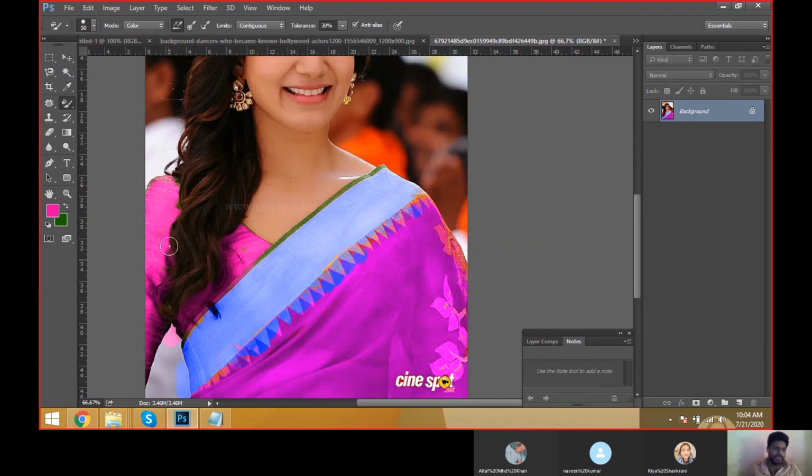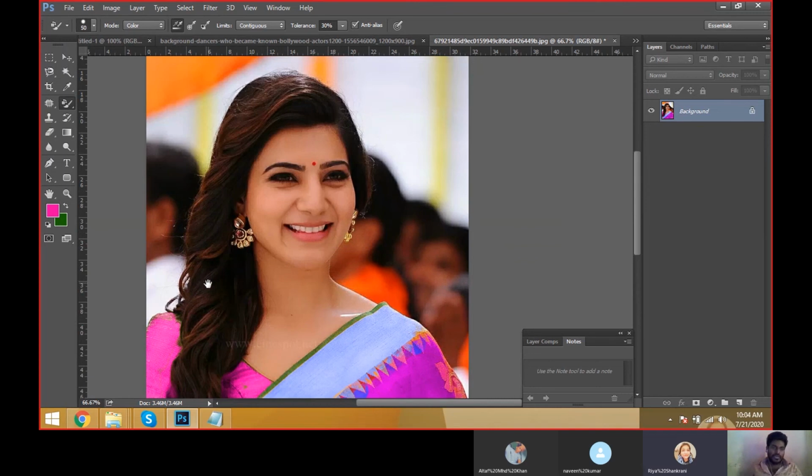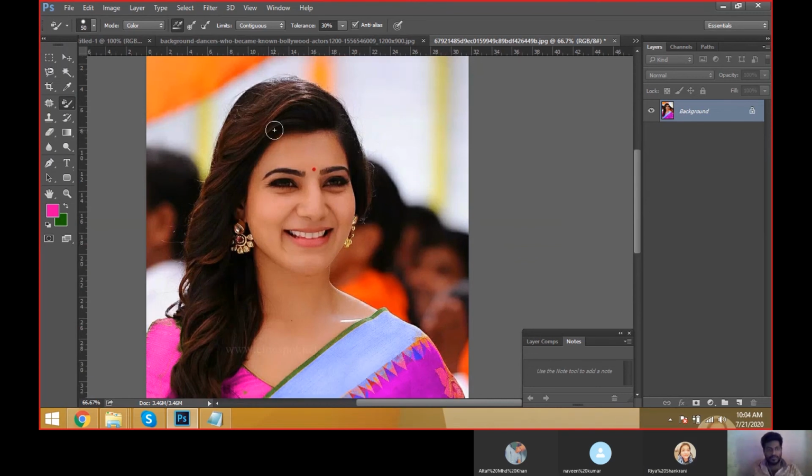Like this we can change the color, and we can change the hair color also.